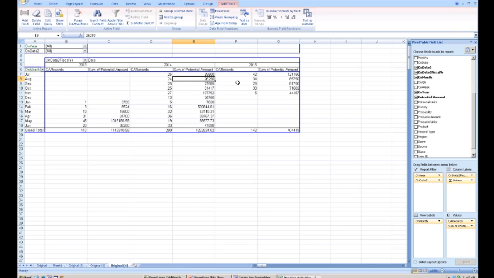But let's throw in one more tip here since it came up. The formatting on your potential amount there, some of them have decimals and some don't, and if they don't have decimals, they don't show up there. Another feature up there on the MM Tools menu is down here, easy ways to format fields. And note that if you use this method as opposed to the traditional Excel formatting method,